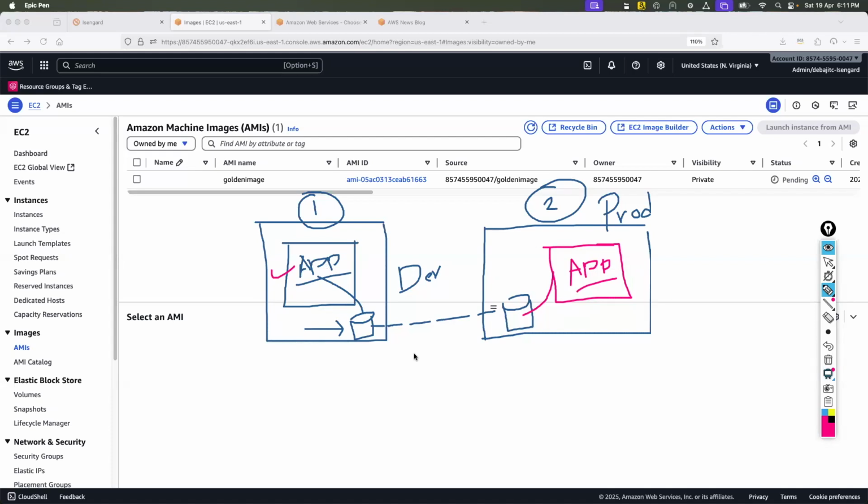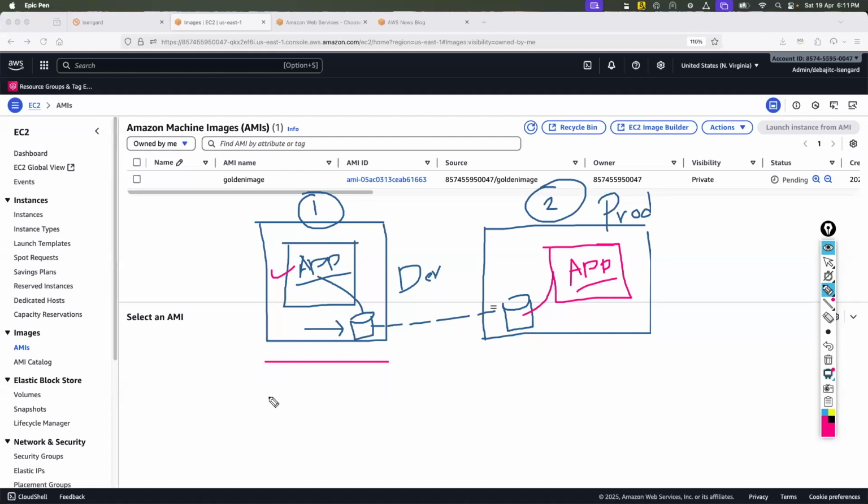Yes, you can copy the AMI from one account to another account, a completely different AWS account, and also to a different region.